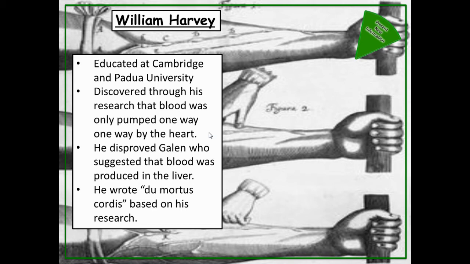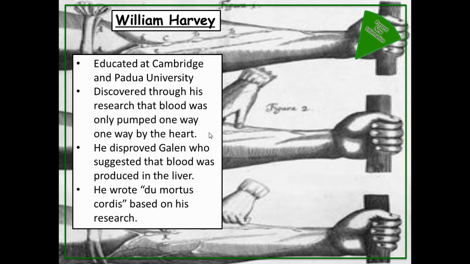Previously, based on his dissections of animals and some pretty dodgy guesswork, Galen had said that blood was produced in the liver, and that the liver was like a fire, and it needed energy from food in order to produce more blood. William Harvey, through scientific methods and practices, including putting rods up the veins and pushing water through veins, proved that actually it was the case that blood was pumped around the body by the heart. And moreover, that it moves one way around the body.